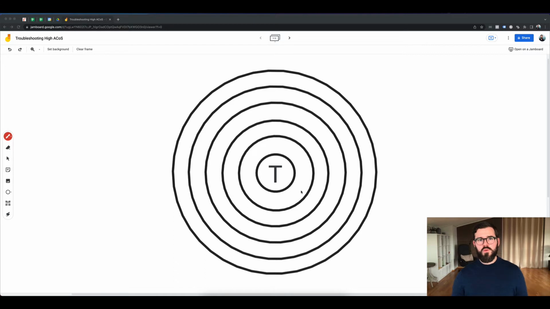Let's assume we have a new product, and what this T represents is targeting. So this is keywords, could be ASINs, it could be different things you're targeting on Amazon with your advertising, where you want your ads to show. And the circle here really represents the